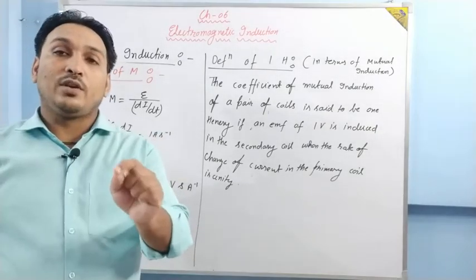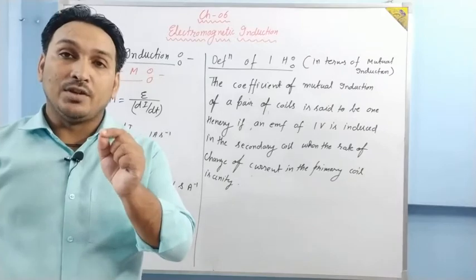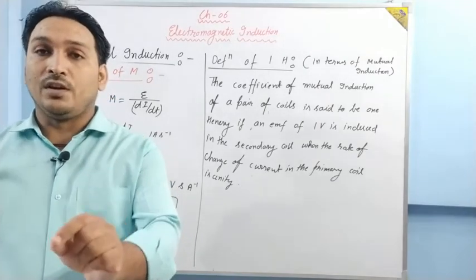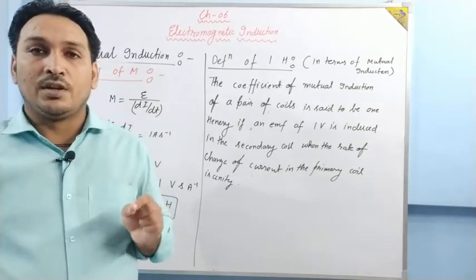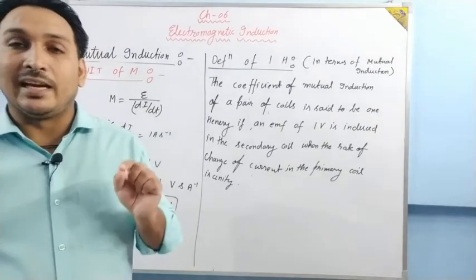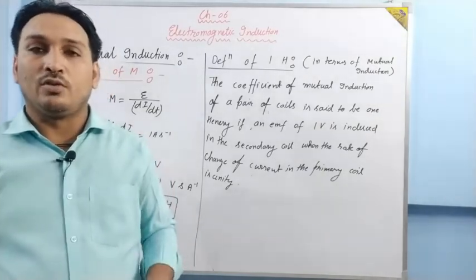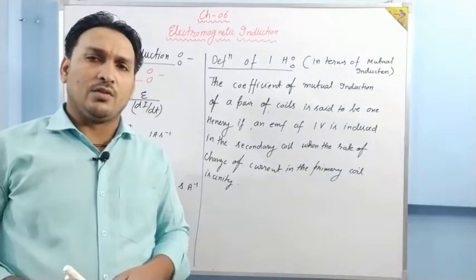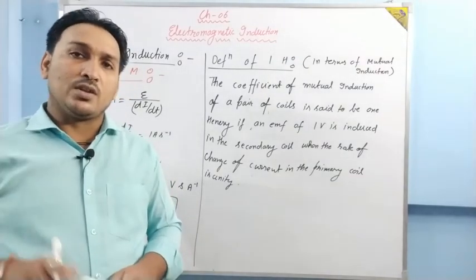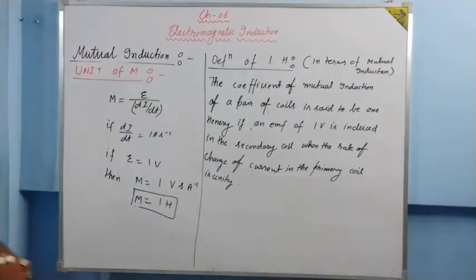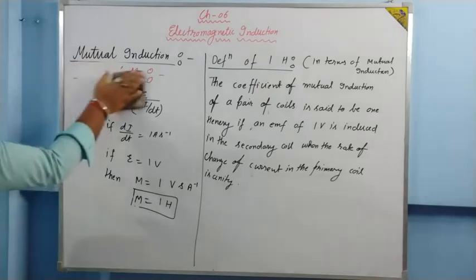You have to calculate the dimensional formula of self-induction and mutual induction. It should be there in your notes. Calculate it by yourself. I'm not going to help you. It is there in class 11th. You have done it. So just calculate the dimensional formula of self-induction and mutual induction. This is a homework for you. If you're not able to calculate, let me know. I'll tell you. But try to calculate it by yourself. Now let us move ahead.